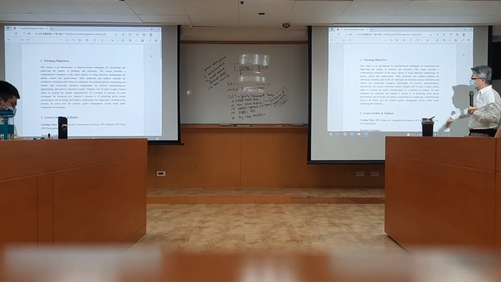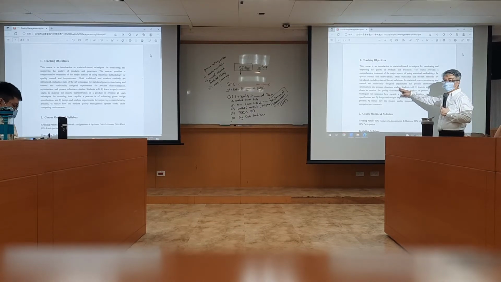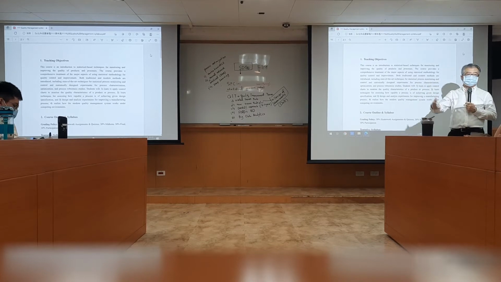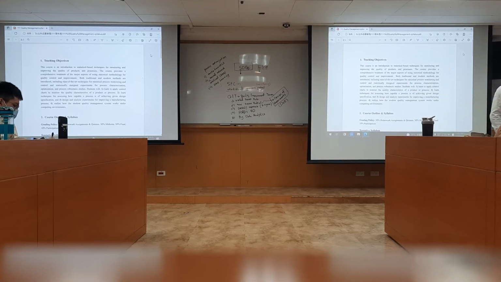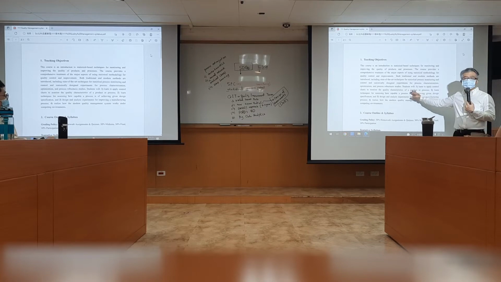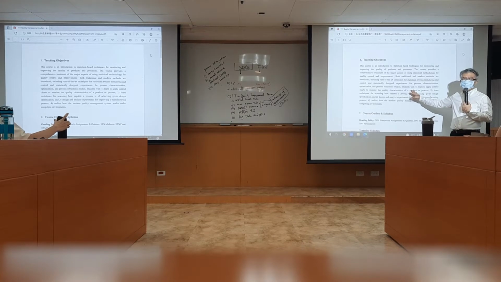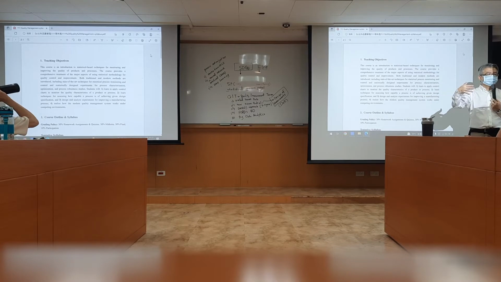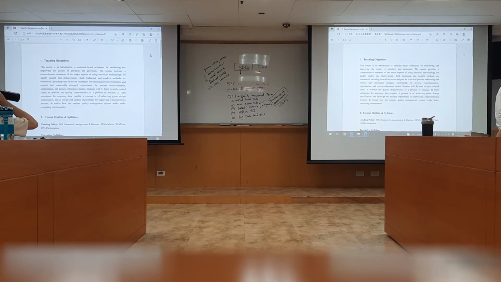So, and the process robustness study. So we're going to talk about what is the Genichi Taguchi's robust parameter design. So students will learn to apply control chart, this SPC chart, to monitor the quality characteristic of product or process. So it won't matter. So if you go to the manufacturing firm, you're going to learn how to improve the quality of the product. If you go to McDonald's or Louisa or manager, so you're going to improve the process,